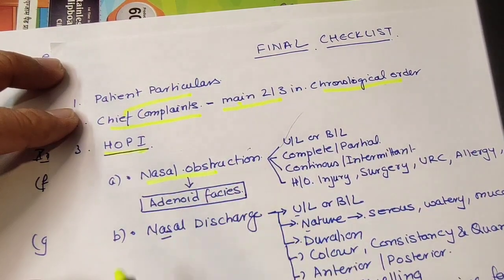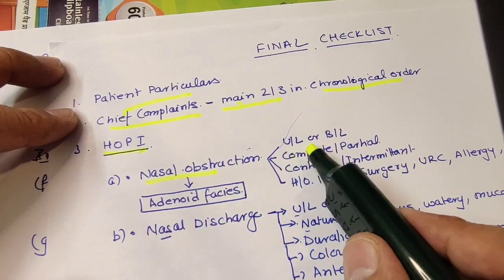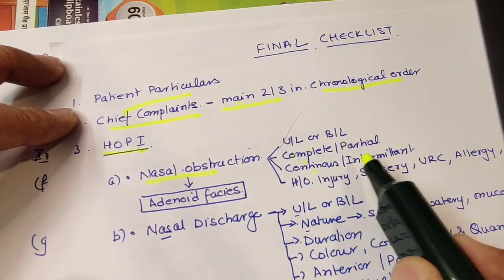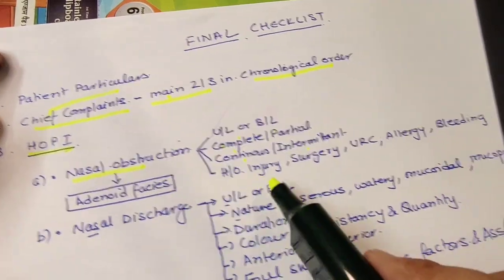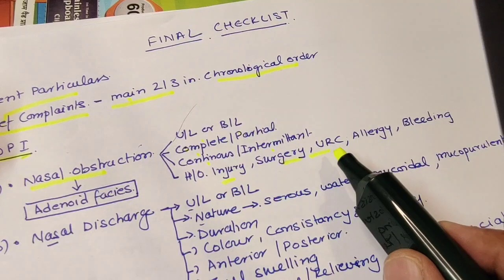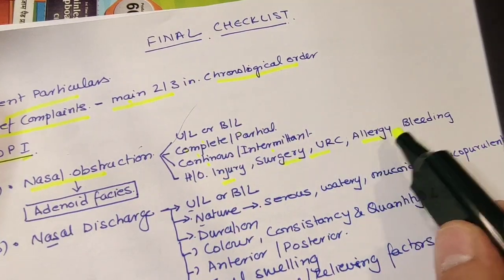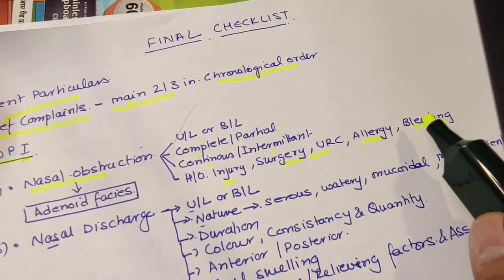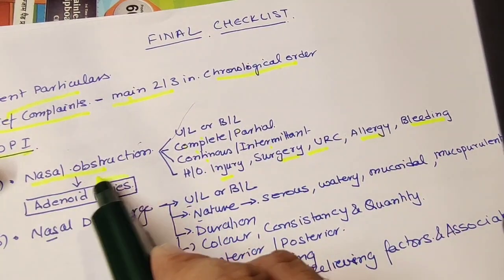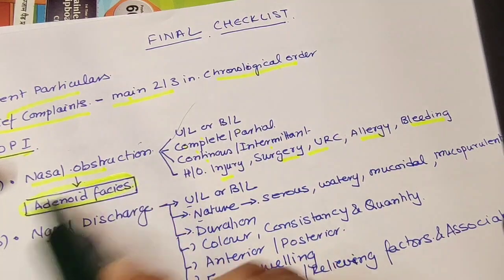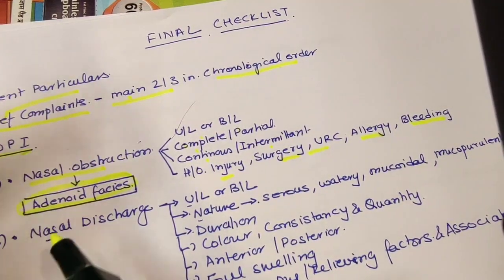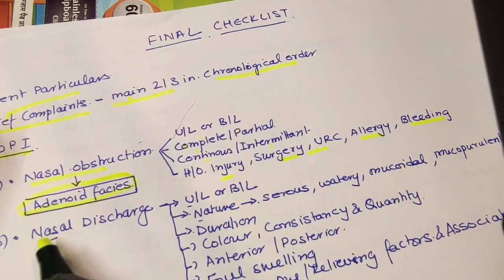So you start with nasal obstruction, which can be unilateral, bilateral, whether it is complete or partial, which is continuous or intermittent, or there is any history of injury or any surgery or upper respiratory catarrh or any allergy or any bleeding. So you have to ask, and you have to even look for whether there is any adenoid facies, especially if you are seeing a young patient or child, okay, who has a history of nasal obstruction